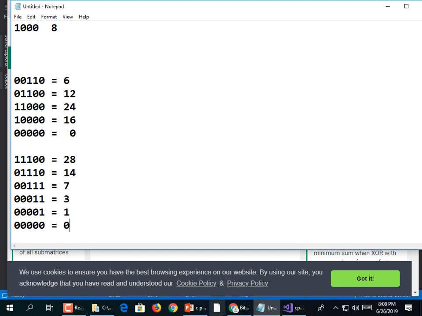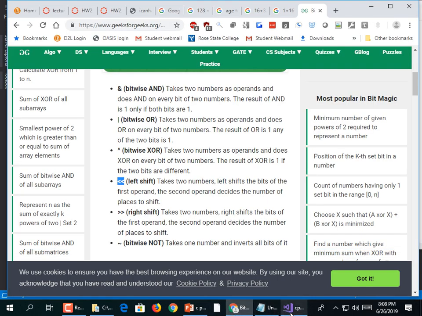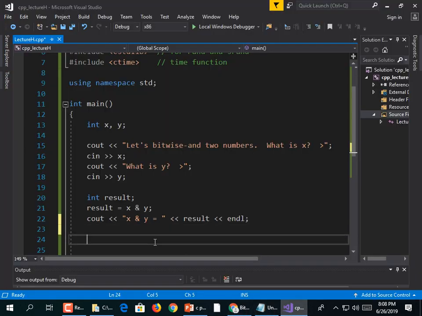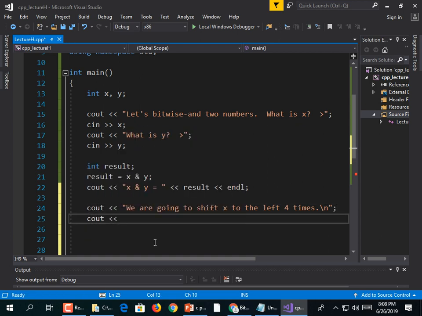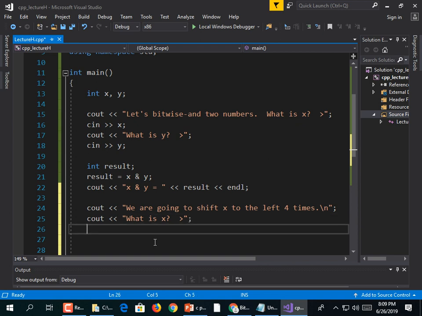So let's play with shifting. Let's ask them for a new value for x. cout << "We are going to shift x to the left 4 times.\n"; cout << "What is x? > "; Let them type it in. So cin >> x;